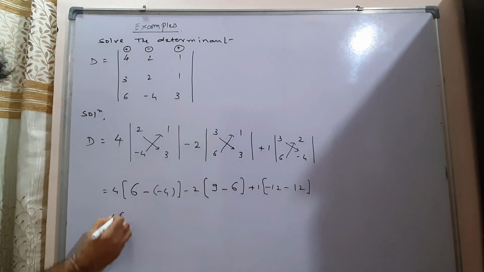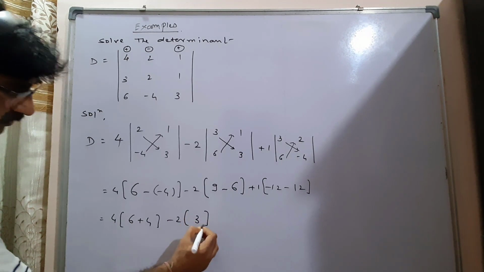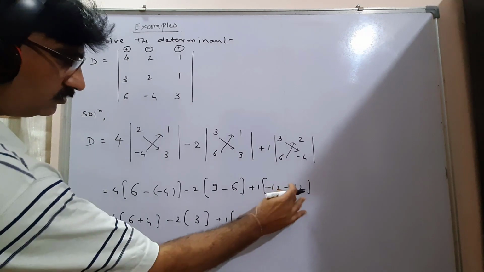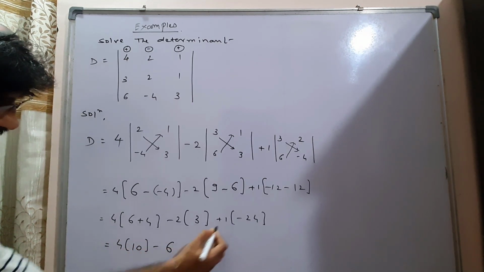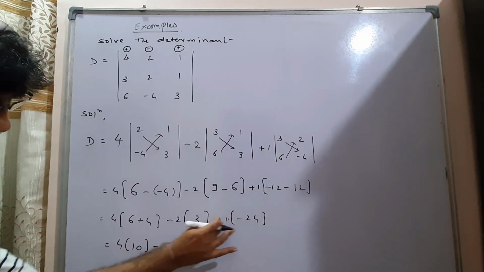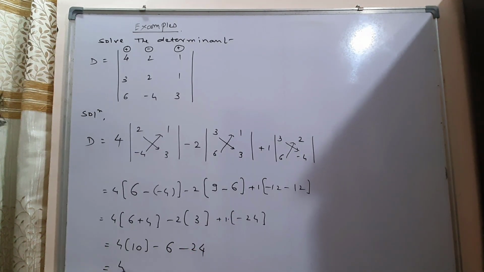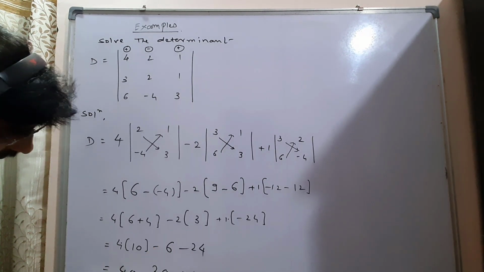So take the calculation, a very simple calculation. 6 plus 4, minus 2, 9 minus 6 is 3, plus 1 into minus, both are minus, so you take the addition, that is minus 24. 4, 6 plus 4, that is 10, minus 6. Now again this is a multiple sign, so plus into minus is minus, it is 24. So 4 into 10, that is 40. 24 minus 24 minus 6, there it is minus 30. So the final answer is